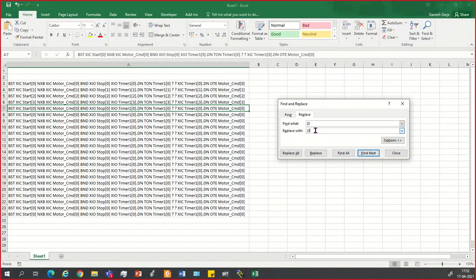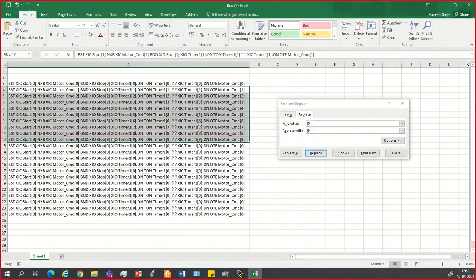Replace 4, plus 5, replace 6, plus 7, plus 8, plus 9, plus. Okay. Right now we are just going to import these 9 tags because right now we have only 9 timers. Just copy